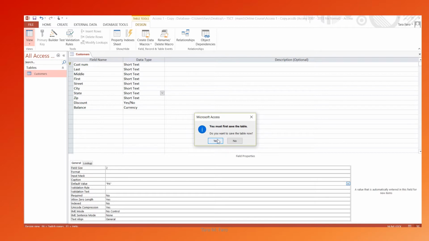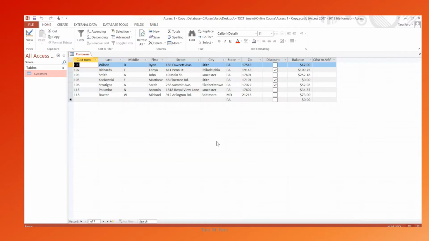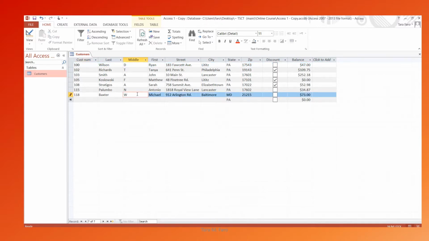Let's look at the datasheet view. This message about losing data occurs because we changed the middle initial field size. Since we set it to a sufficient number, we don't need to be concerned about the message. Here's the default of PA for a new record. Since the middle initial field is set to 1, it won't let us